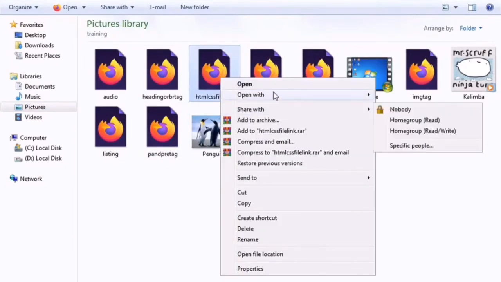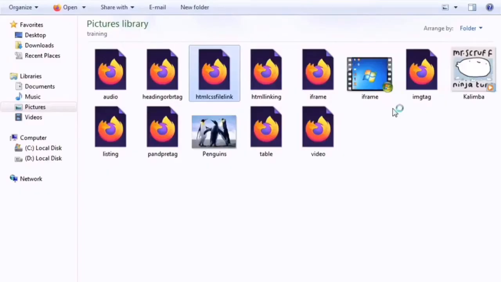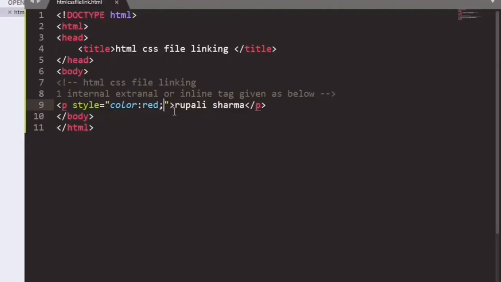Suppose we are taking Google Chrome to open our file in the browser.